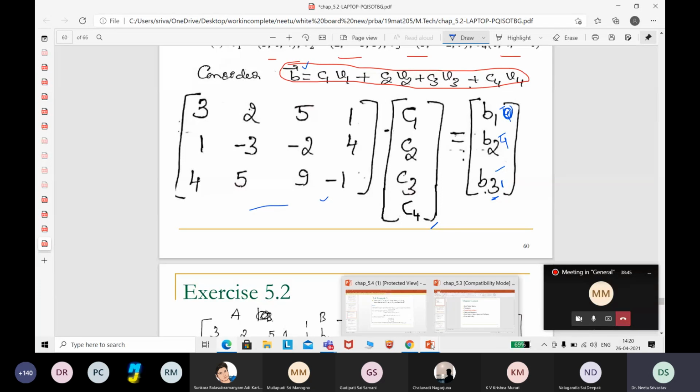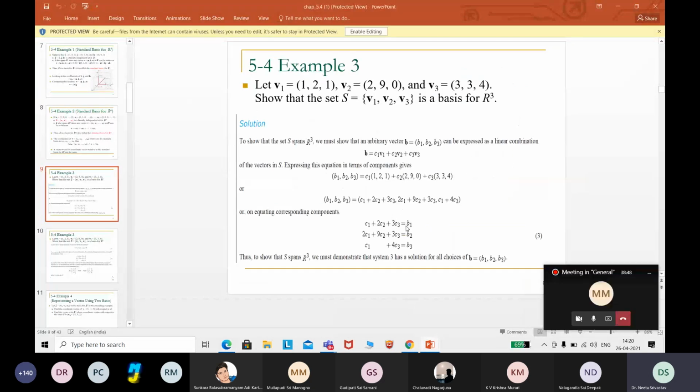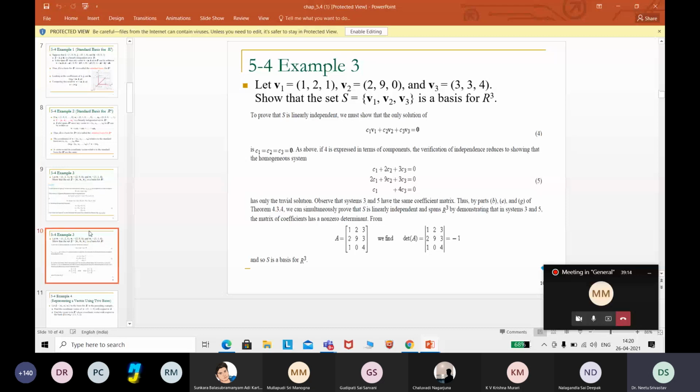So the same thing I was explaining here also. If you are able to get determinant 0, it means rank is not at all going to be 3. It can be 2, right? But what happens to the right side? On the right side, you are going to get some relation between B1, B2, B3. So it means you can claim your result, but not for all R3. You can claim it for a specific set of vectors where B1, B2, B3 have some relations. So that is the reason both the 3 and the 5 are being merged as determinant of A should be non-zero.